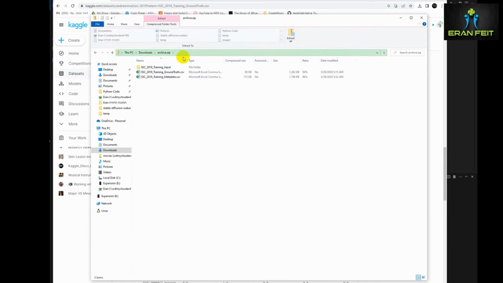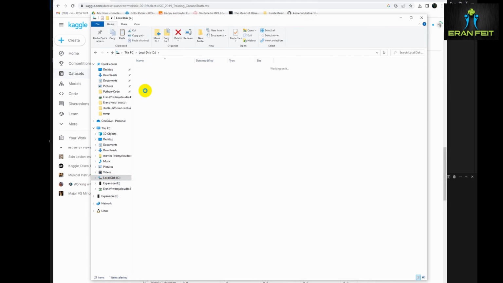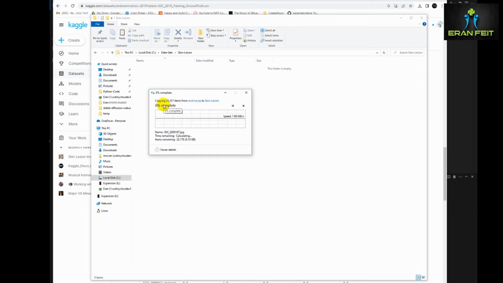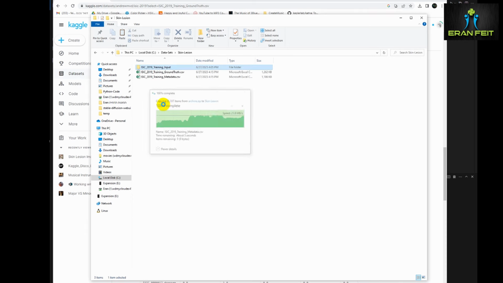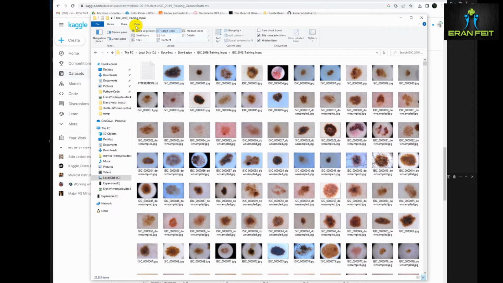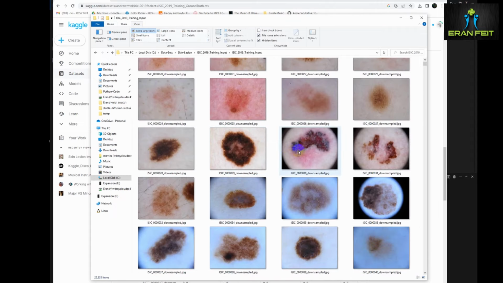Let's open this zip file and copy to a new folder. Let's run a fast forward, and then after the zip was extracted, as you can see, there are lots of images, about